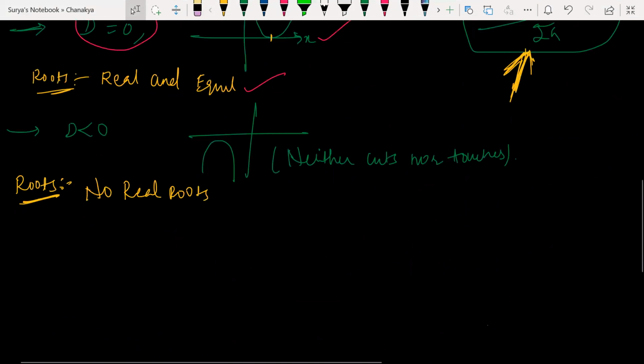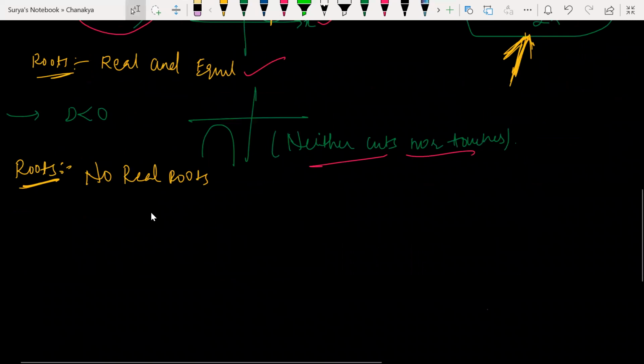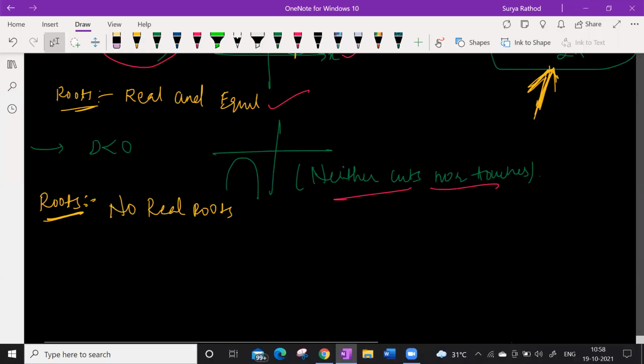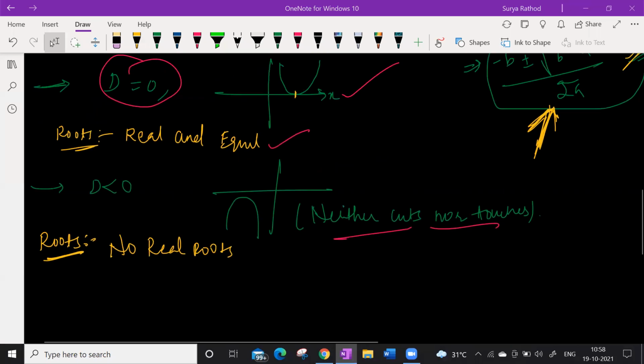Sorry, if my discriminant is less than 0, it neither cuts nor touches. So sir, should it be here only, or here only, or could it be here, it could be anywhere, but it should not cut the x-axis. It can be upward, downward, but it should not cut that. Is that clear? Yes, sir. So it can be above or below the x-axis. This is what the parabola graph is. So yes, hope it is clear with everyone.